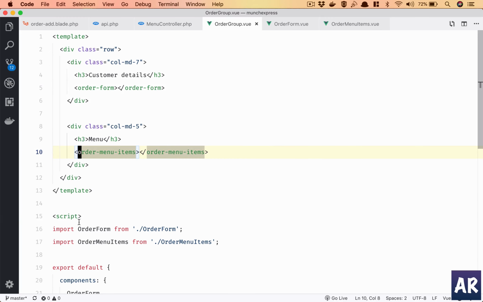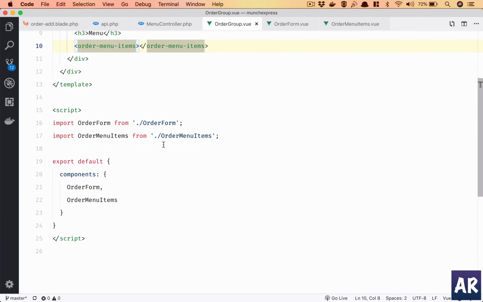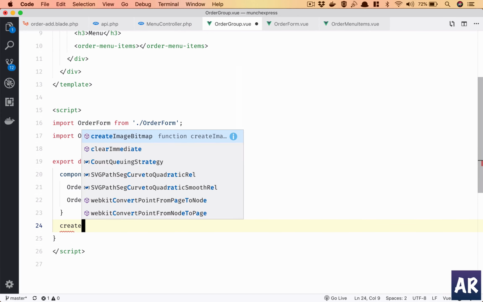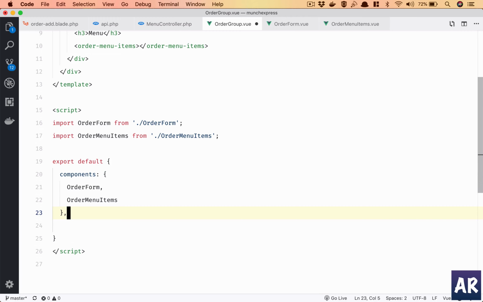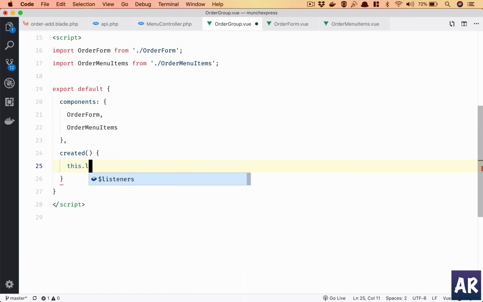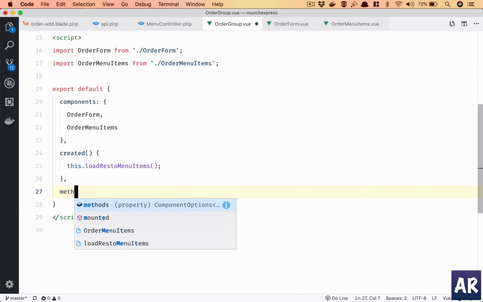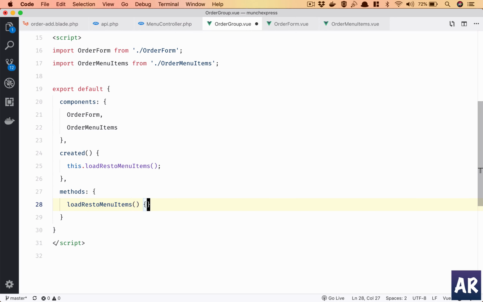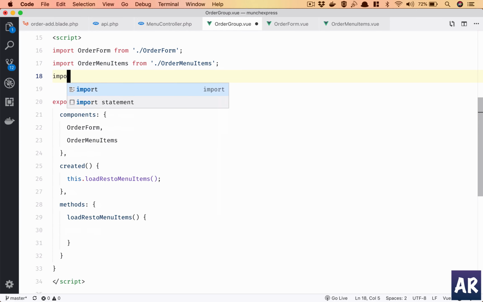So what we will instead do is inside our component's created function, yeah, the comma is missing, so yeah, created, we'll call a method which is, let's say, this.loadRestoMenuItems. Okay, that's the function which we will create inside methods. Okay, this will make an ajax call and fetch the data, import axios from axios, and